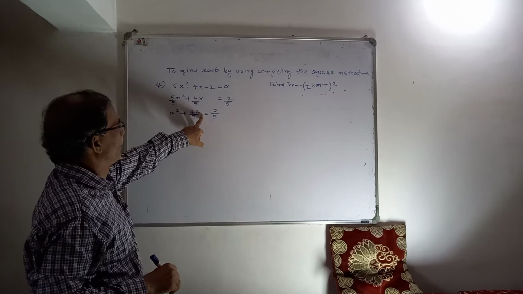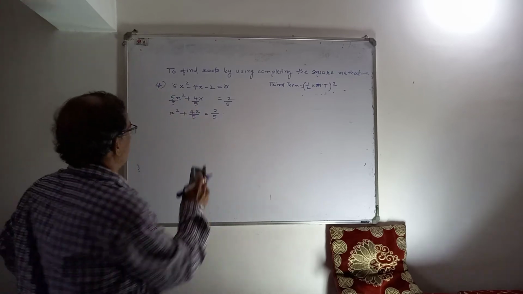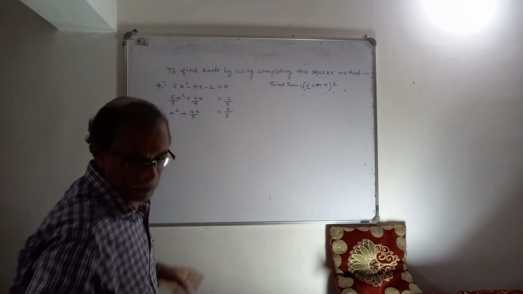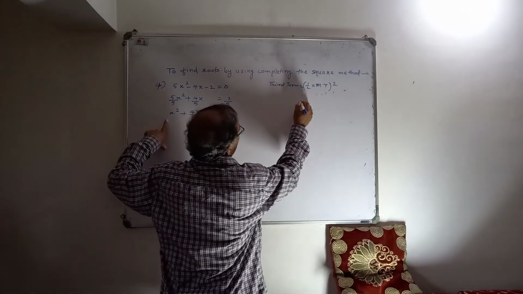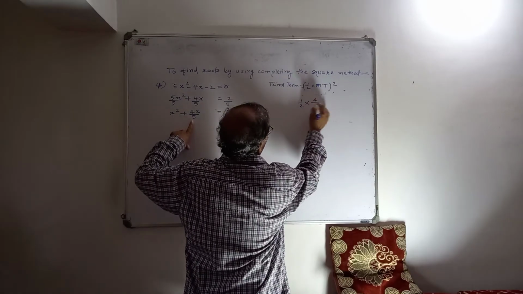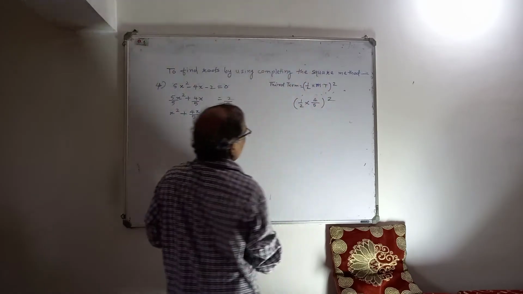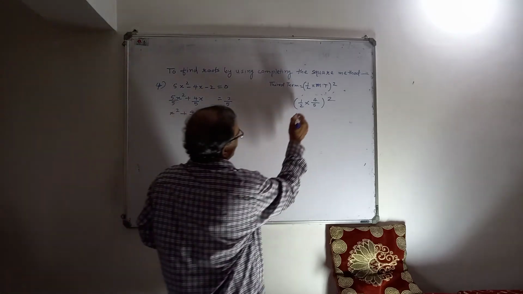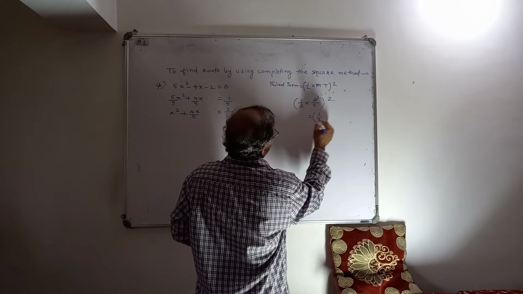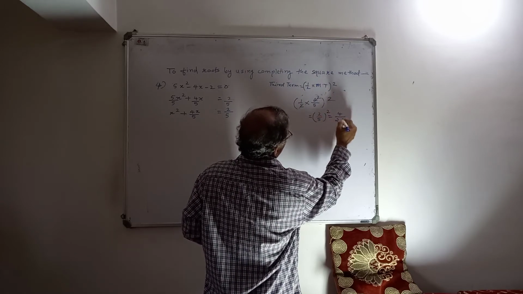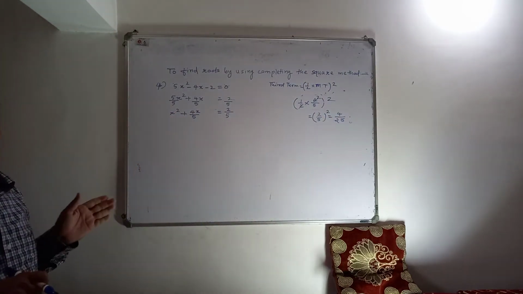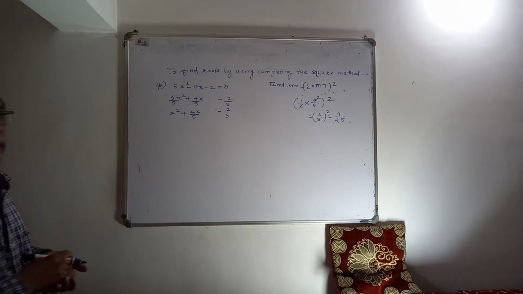Now we can calculate the third term, which is to be added here, isn't it? I shall write like this, is equal to 2 upon 5. Now which third term is to be added? Now we can use that formula. It is half into middle term. What is middle term now? 4 upon 5 whole square. Now in bracket you can simplify. So that is 2 by 5 whole square means 4 upon 25. So this number, that is third term, we have to add to both sides so that it will be a complete square. Okay.